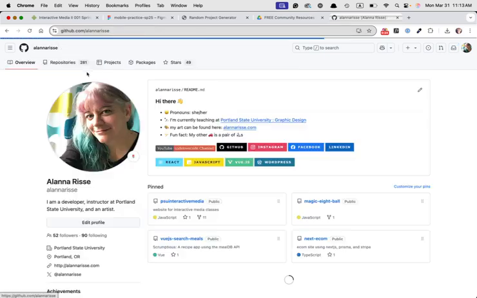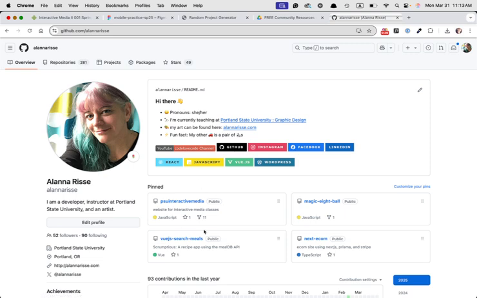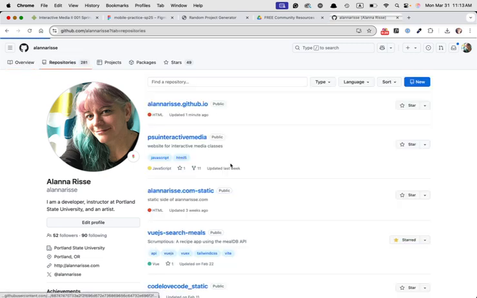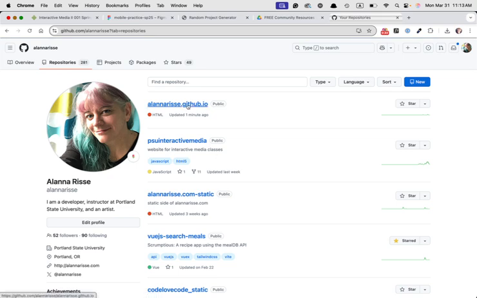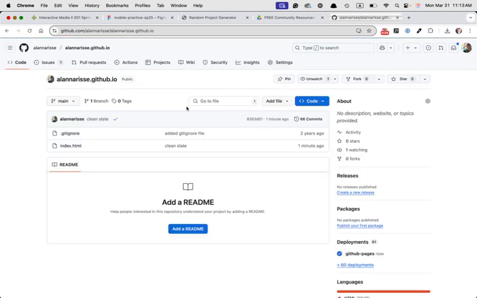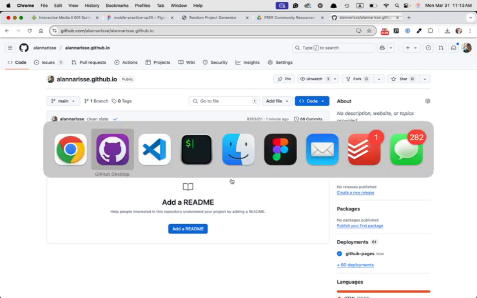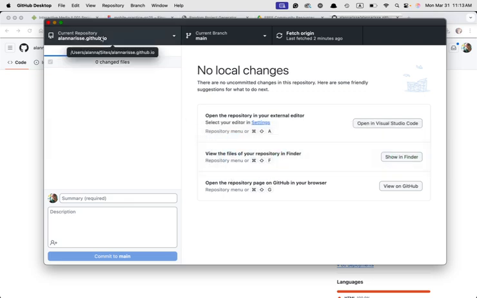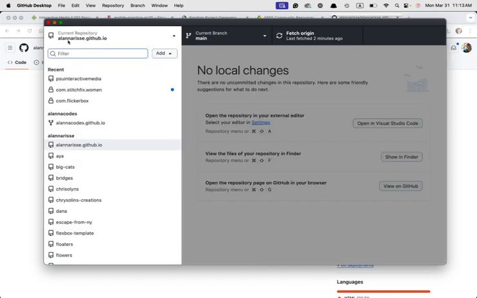So here's my main page. I have kind of a fancy profile, but in my repositories, this is my repository. All right, so that is GitHub. Now I'm going to move to the GitHub desktop app. I like to call this the purple app because it gets confusing. So the purple app. And I want to make sure that my current repository says